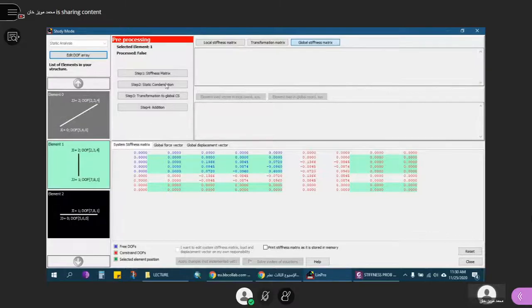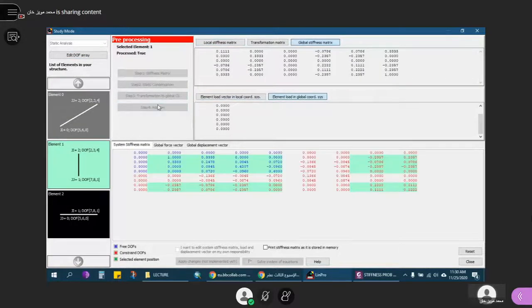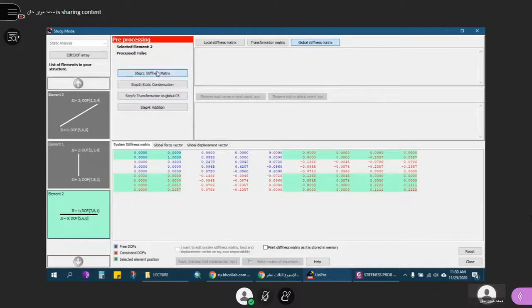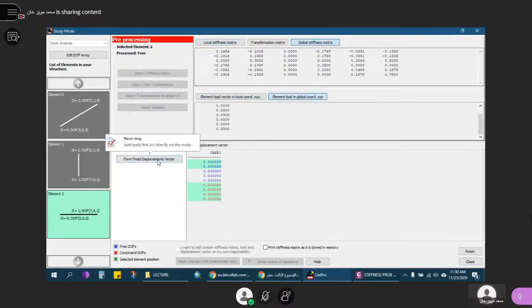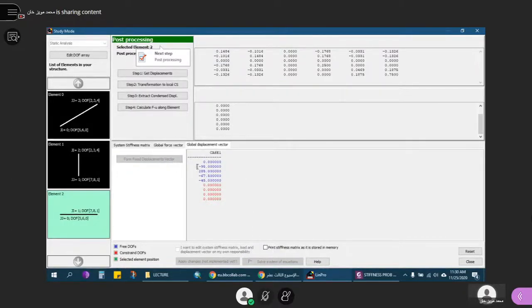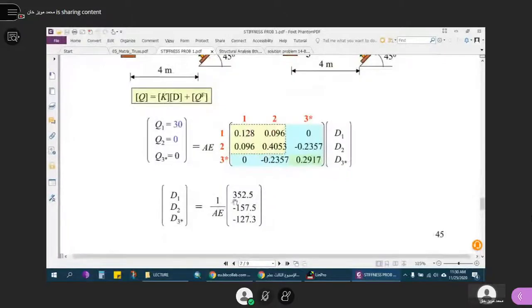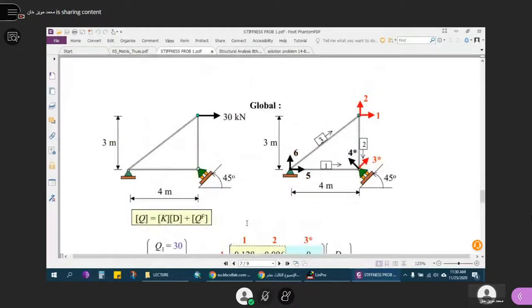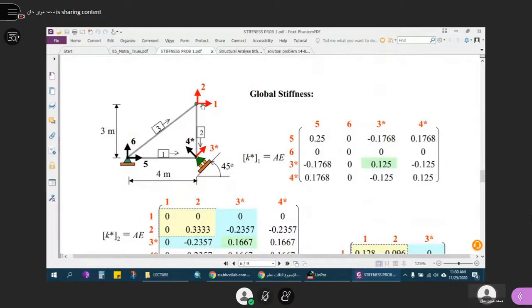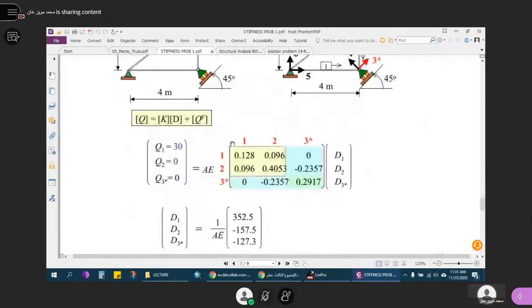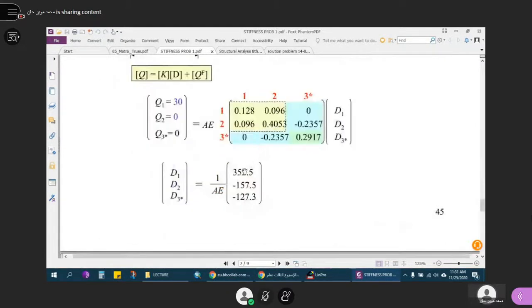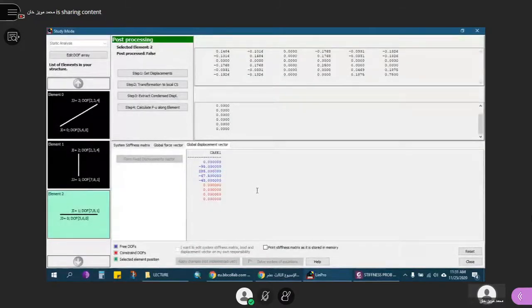Next is stiffness matrix for element 2. Next, for add nodal forces, form force displacement and solve system of equations. So now you have found out the displacements in 0, 1, 2, 3. So let us see the results. Displacement 352.5 at 1, D1, D2, D3. What is D1, D2, D3 over here? D1 is horizontal at this node, D2 vertical at this, and D3 horizontal at this inclined support 3. So D1, D2, 352.5 displacements.